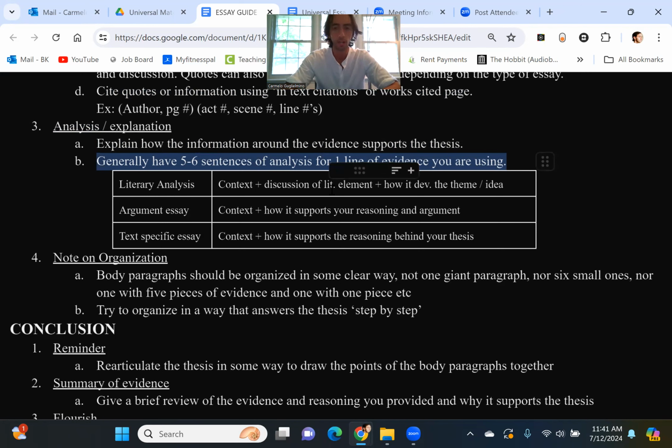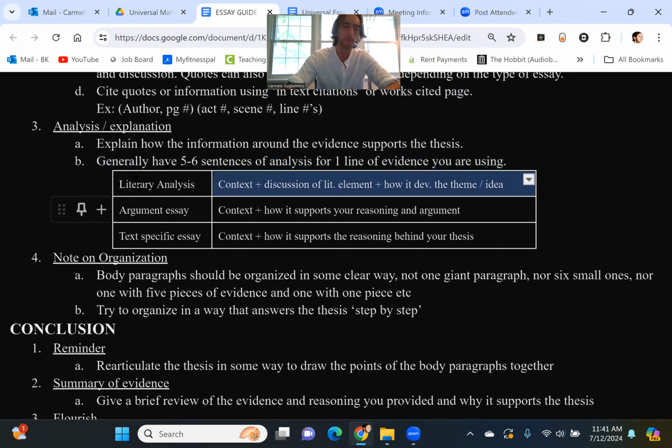So like I said here, in this example, if your essay is a literary analysis, is your analysis telling me about the context of the quotation? Are you discussing the literary elements being used there? And to what extent are you actually discussing them? Like, are you just saying, oh, this is using characterization? It's like, well, how? How is it using characterization? And to what extent? And in what ways, right? Again, extend that into several more sentences.